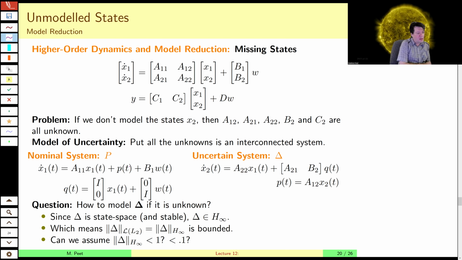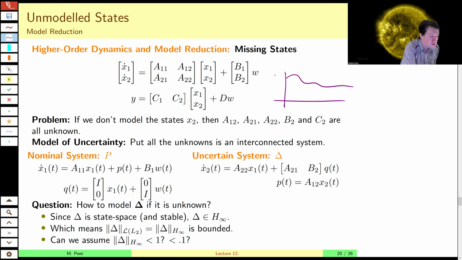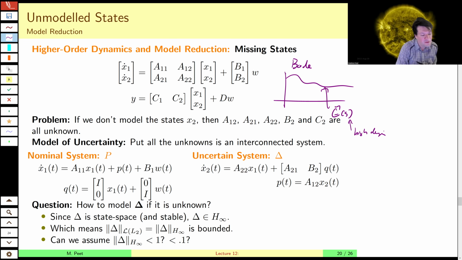So if you take a linear system and you use the Bode plot to identify a transfer function, that gives you a transfer function g hat of s, but that will have a very high degree. So you identify the states which are least important, and I'm not going to talk about model reduction here. It's a very interesting topic. There are several forms. I encourage you to look up, say, balanced truncation, which is my favorite,